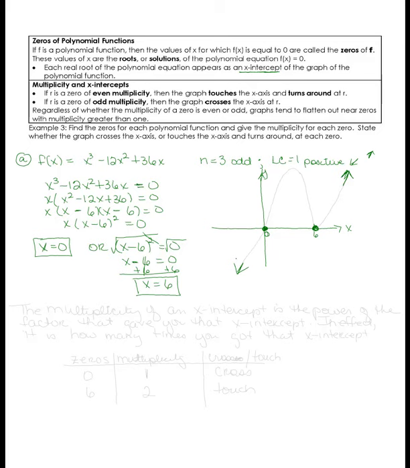All right, so to determine at 6 and 0 if it touches and turns around, or if it crosses the x-axis, we're going to have to look at the multiplicity of an x-intercept. And here we go. Write this down for me. The multiplicity